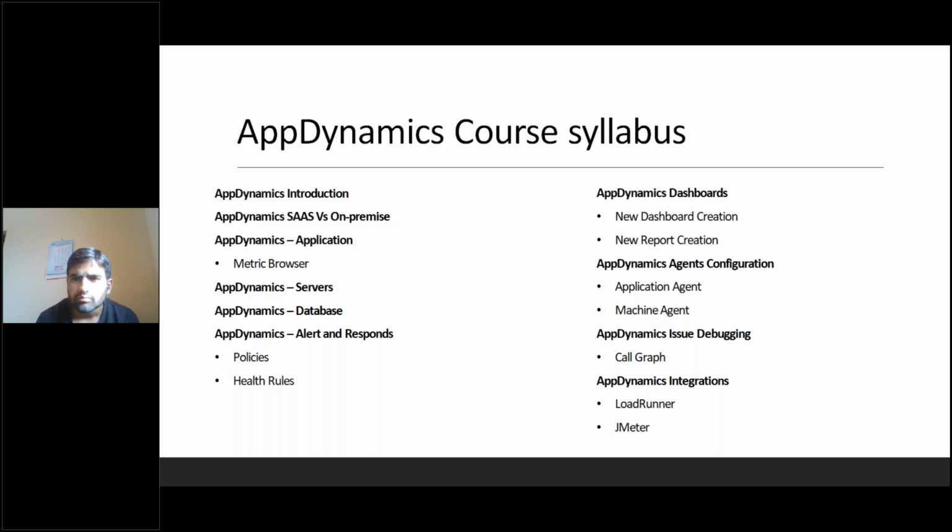Then we are also going to see how to create a dashboard and how to create a report. All those things also we are going to learn.